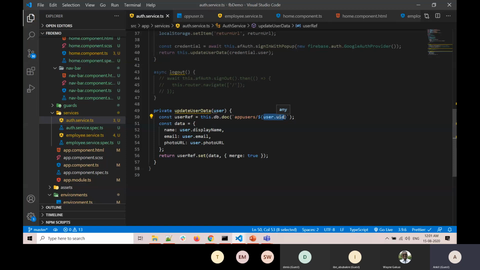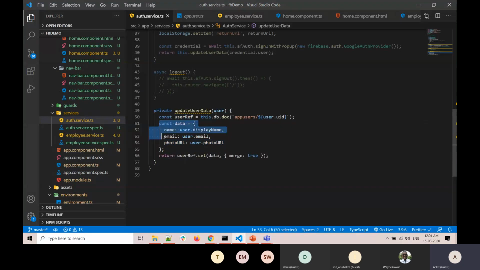And I already told you that we are going to store the data in our database. So what data are we going to store? Name, email ID, and photo URL. And we are also going to show this photo URL in our navigation bar. When we log into Google or Gmail, there is a small photo shown on the top nav bar. So we are going to implement a similar feature, and we'll be seeing that in action.